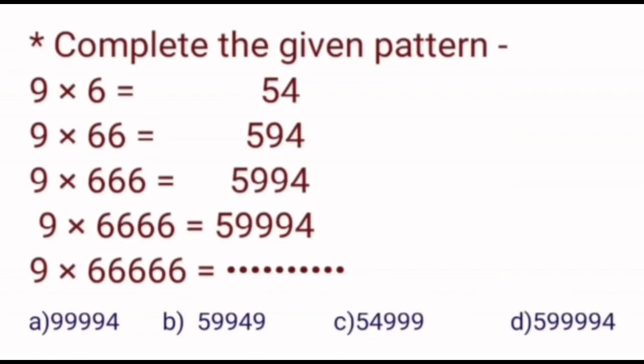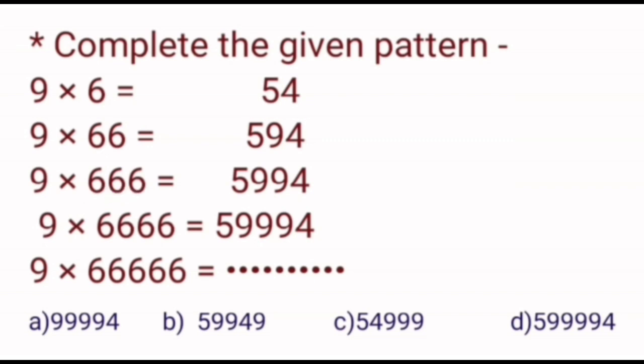The next question is complete the given pattern. Children, look at this pattern carefully. We have started with 9 multiplied by 6. It gives 54. And here in the next line, 9 multiplied by 66 gives 594. In this way, we will see that there is one 9 between 5 and 4, while in